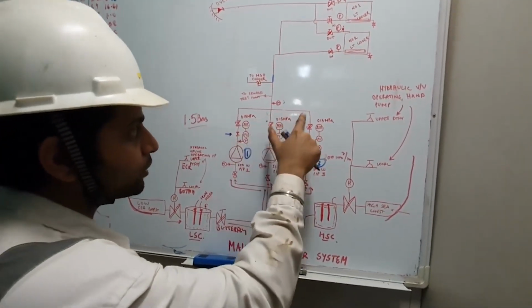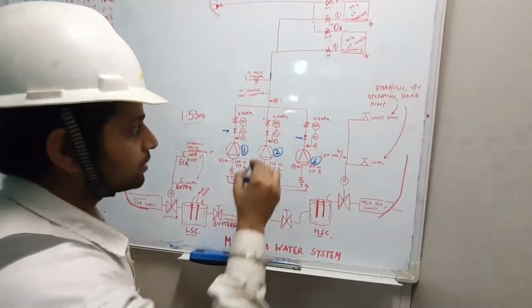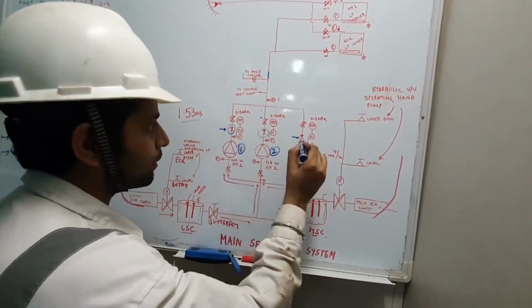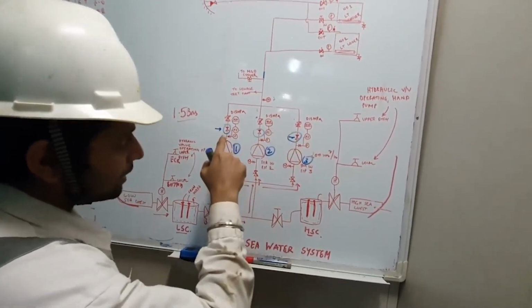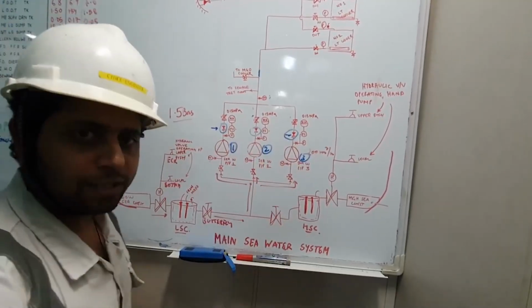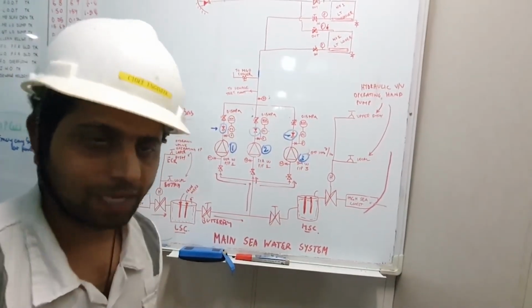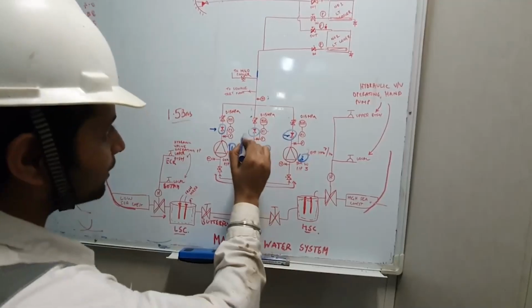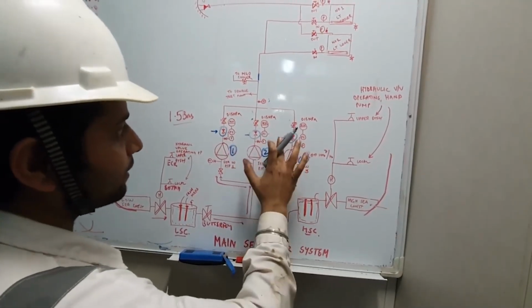Guys, this is a very very important thing that you have to see and remember. The non-return valve should be functioning properly. Otherwise, the pump that is running normally, the other one will be rotating in the opposite direction and your mechanical seal will get damaged. That's for sure, and we do not want that to happen. Copy it, guys. So this non-return valve has got a very very good importance.